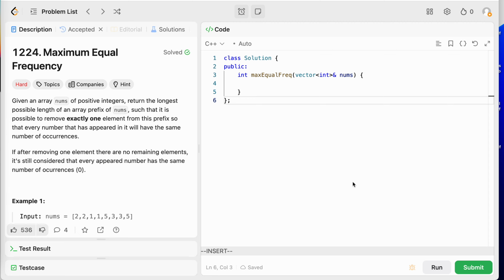LeetCode 1224, the maximum equal frequency. This is a very interesting hard problem. So we are given an array nums of positive integers, and we are required to return the longest possible length